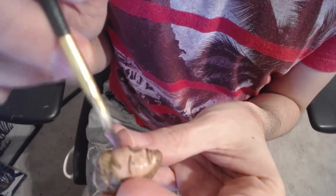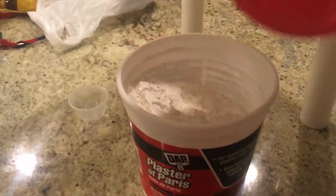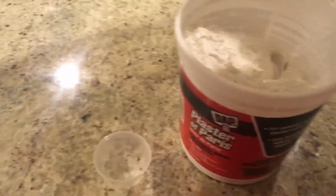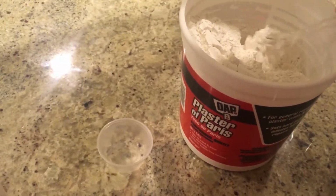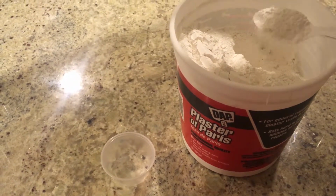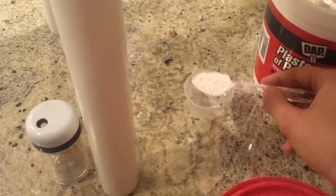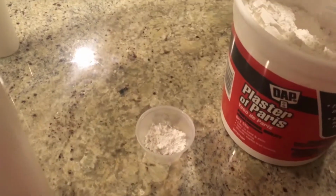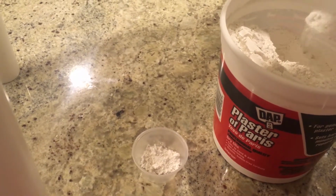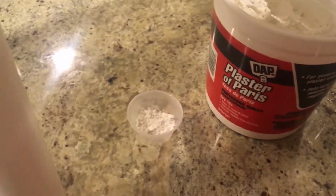So plaster molds are pretty simple. Mix 2 parts plaster to 1 part water. So to measure out 4 spoonfuls of plaster. One, two,